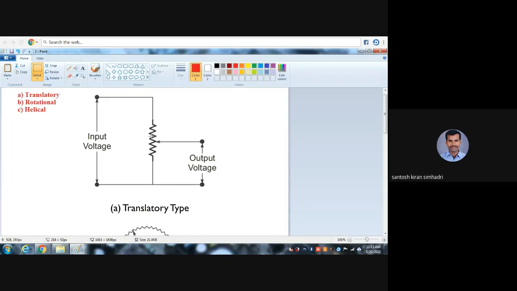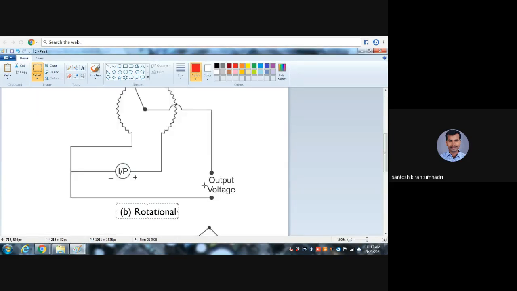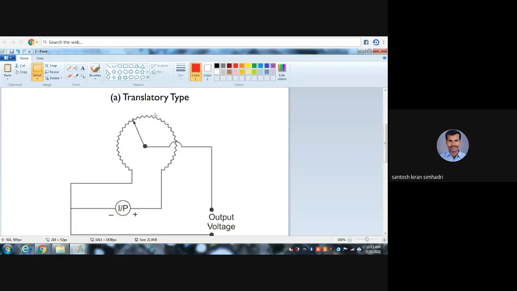You know, these discussions are very helpful to your end semester examinations. Then what about output voltage? Yes, V equals IR. R is changed, and automatically V is also changed. Same phenomenon. Just in this rotational type, this arrow mark is fixed. It is varied. It has to be placed at any one point on that conductor. This looks like a conductor.